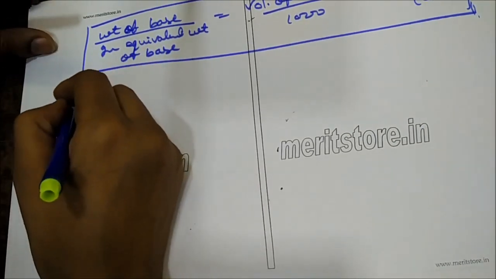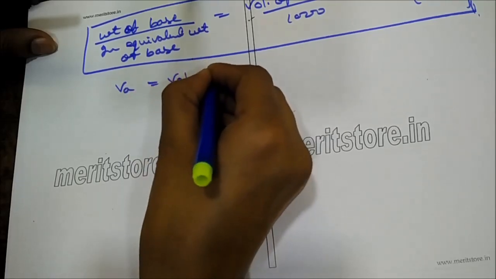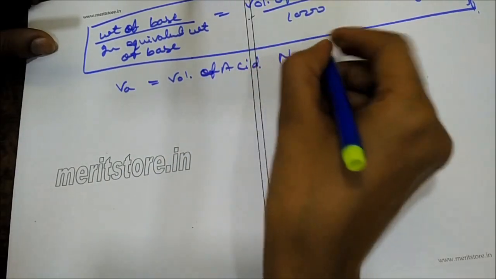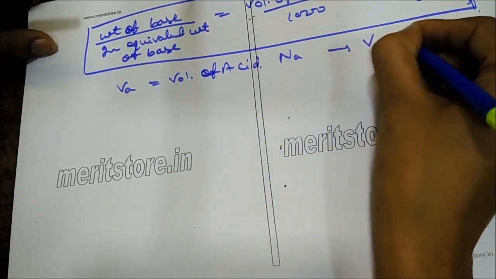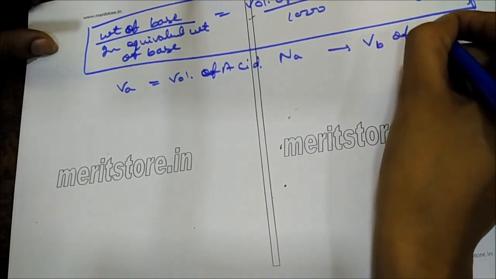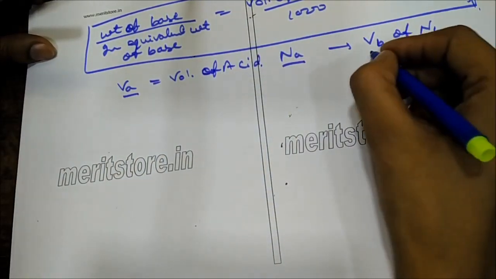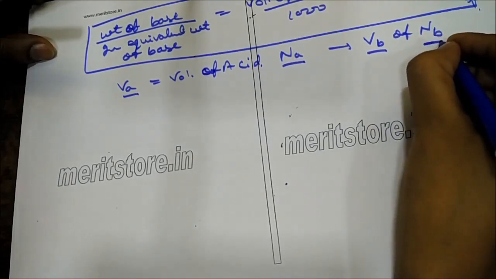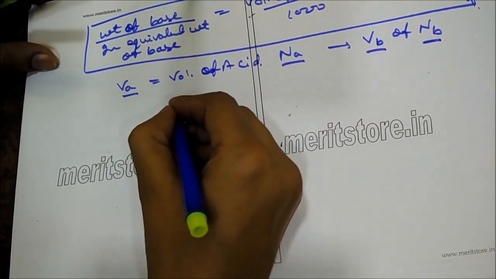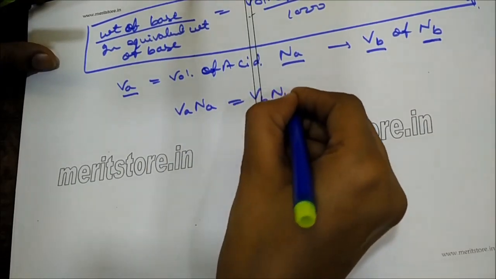When Va mL of acid, Va is volume of acid, Na is mixed with Vb of Nb strength, then this is our volume of acid, normality of acid, this is our volume of base and normality of base. When acids and bases are mixed, if VaNa equals VbNb, then this type of